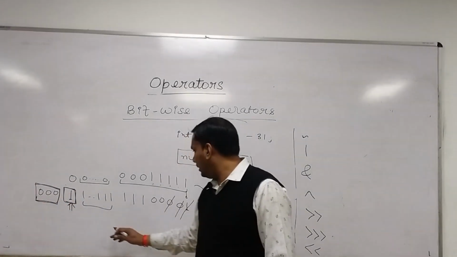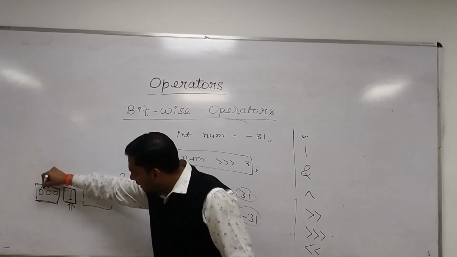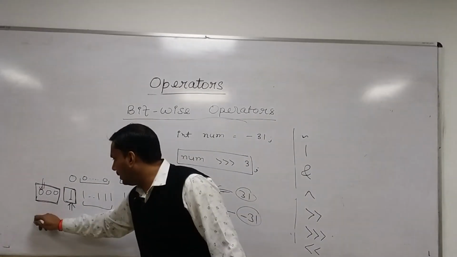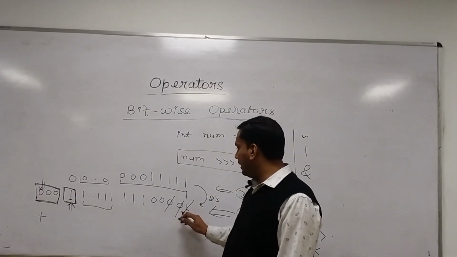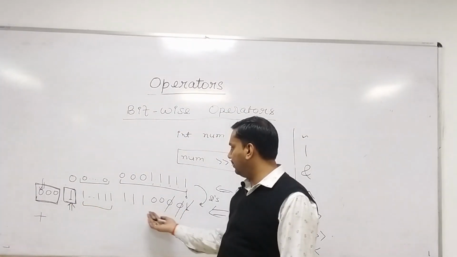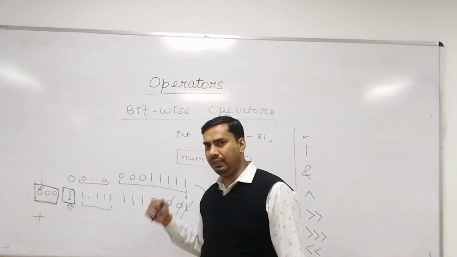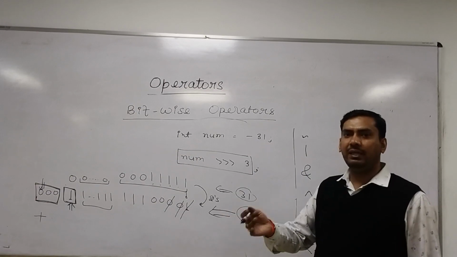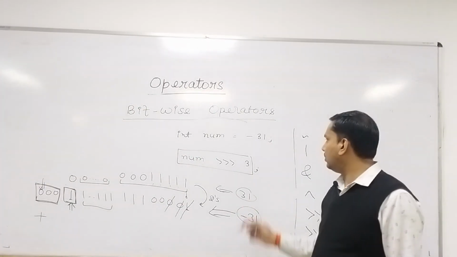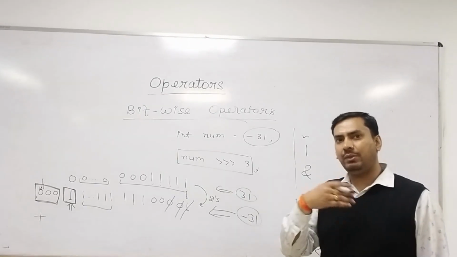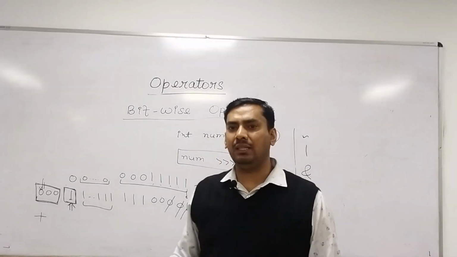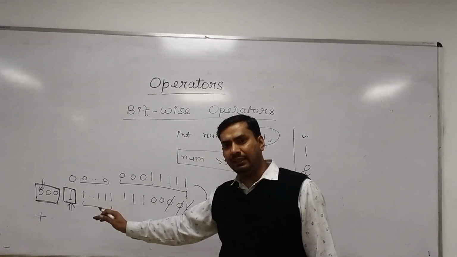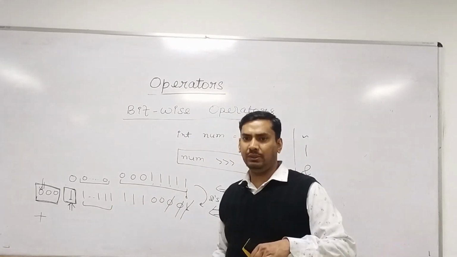Now you will see the result. You will refer to the MSB. MSB is 0. It means you will say it is a positive number. And as soon as you say it is a positive number, you will directly read its value, and its value will be a very large value. But the concept here is that right shift says the number will be divided by 2 raised to the power of the number of bits. So minus 31 when divided by any number will never become positive. So that is the challenge here, that unsigned right shift works well only with positive numbers.